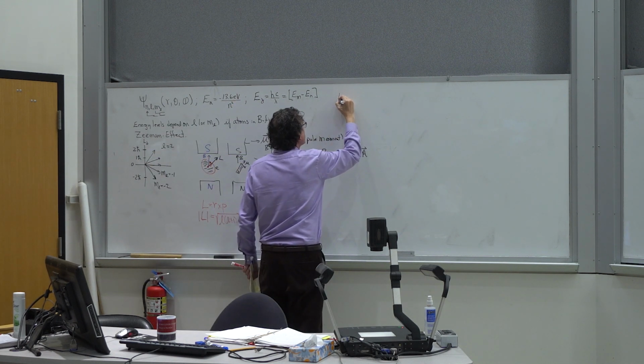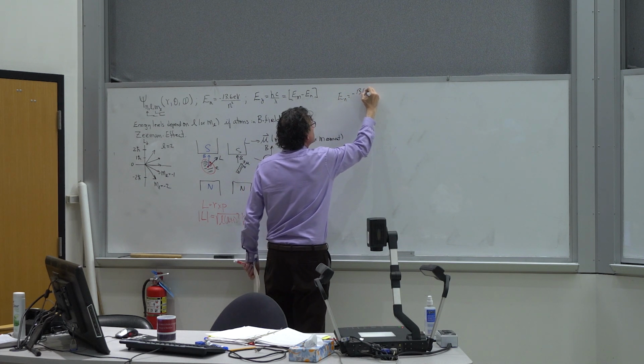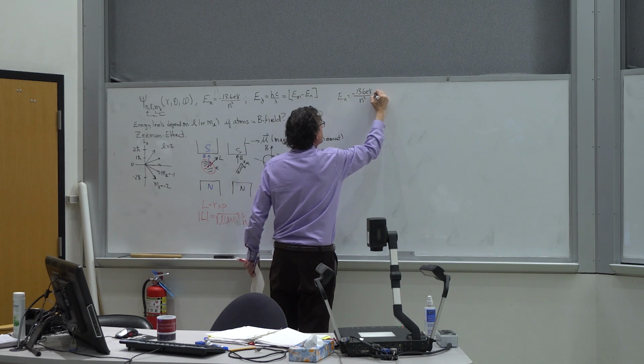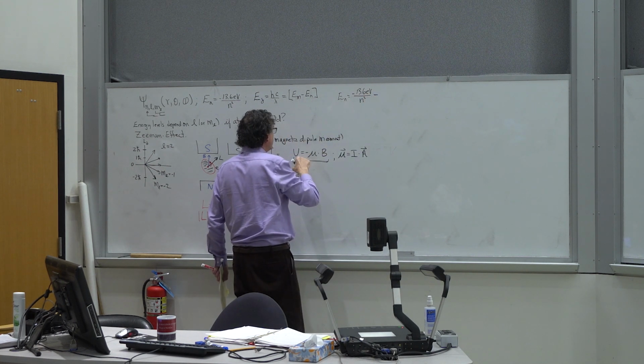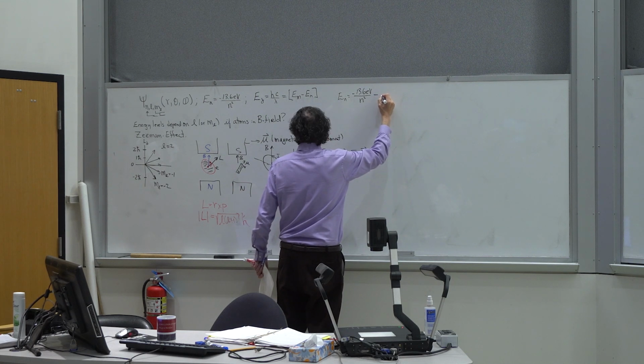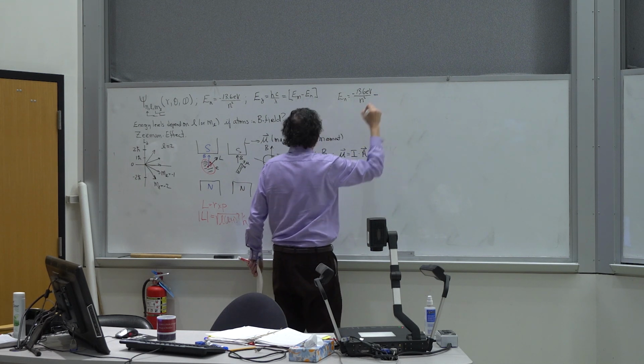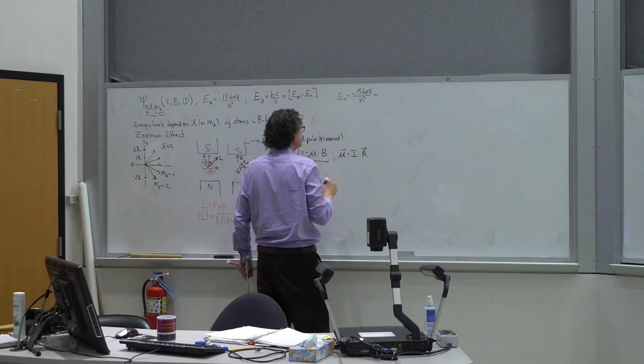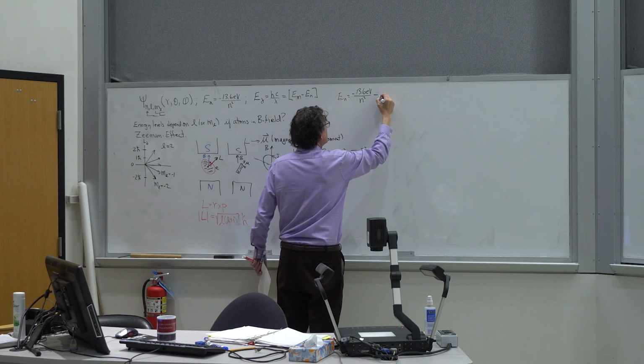So now we can say that E sub n is equal to minus 13.6 eV divided by n squared plus the potential energy of the dipole moment interacting in the external magnetic field. And so this becomes minus mu dot